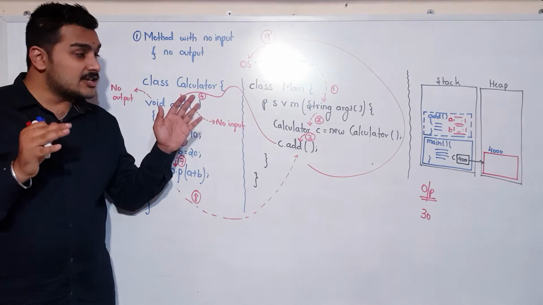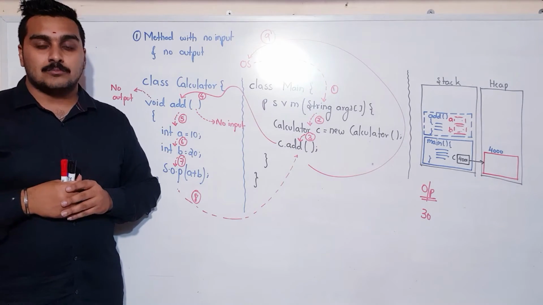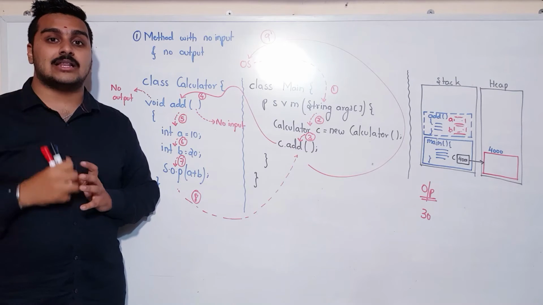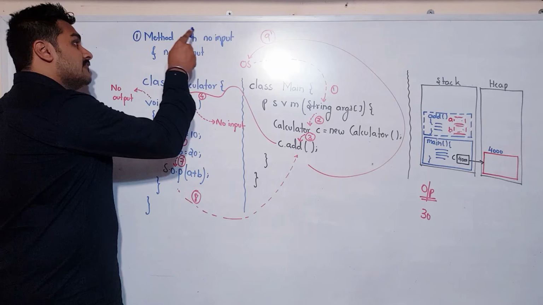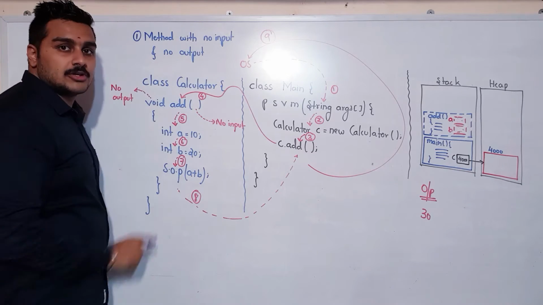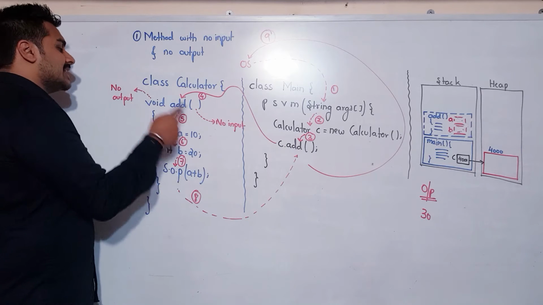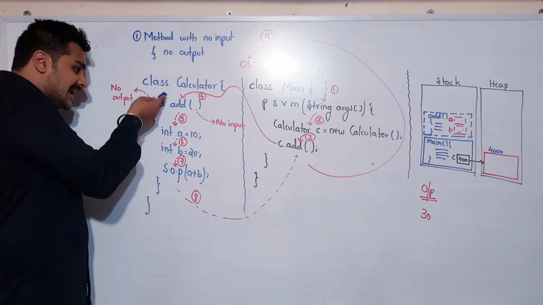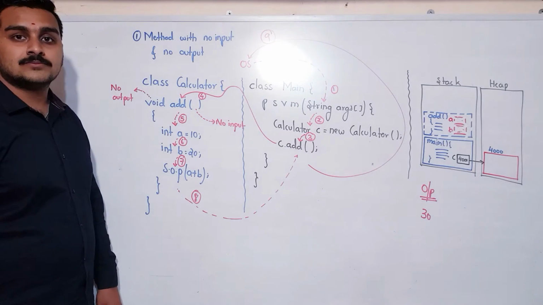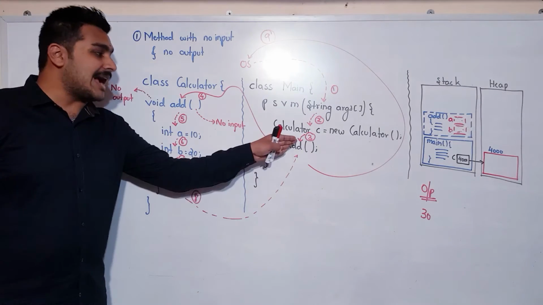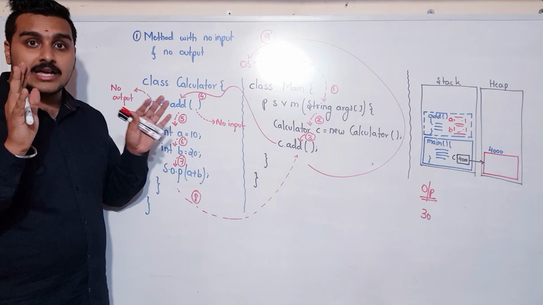So now, what did we understand through this? Anyways, it's a very, very simple program. But the concept here should be very clear to you. The concept here is we are studying about a method with no input and no output. Is there an input to this method? No. Is there an output to this method? No, because it is printing the result inside this method itself. It is not giving back to this particular class. I hope I am completely clear in this.